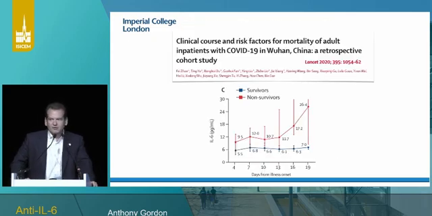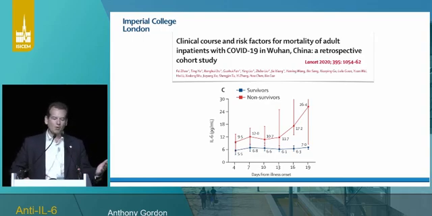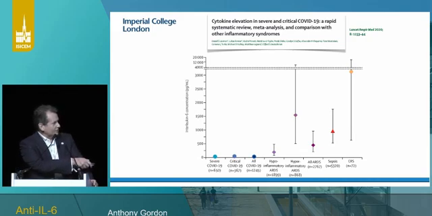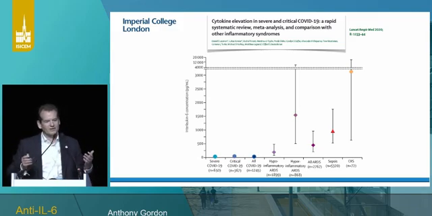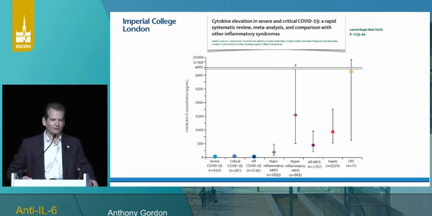So why would we consider giving these agents? Well, we learned early on that COVID-19 was an inflammatory condition and that IL-6 is one of those biomarkers in the blood that is raised, and certainly raised more in those patients who died, shown in red here. But although it's higher than in survivors, these levels are actually not that high in comparison to what we see in other critical illnesses. When you compare them here, you can see the COVID patients are all down on that low line. In fact, the levels are lower than in the subphenotype we've called hypoinflammatory ARDS, according to Carolyn Calfee and team.